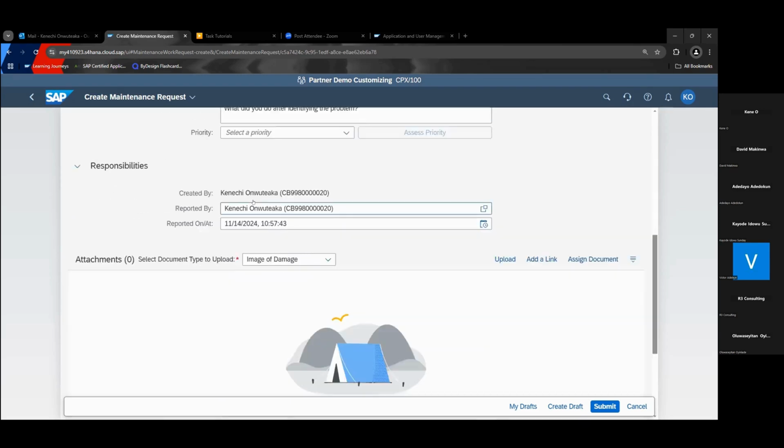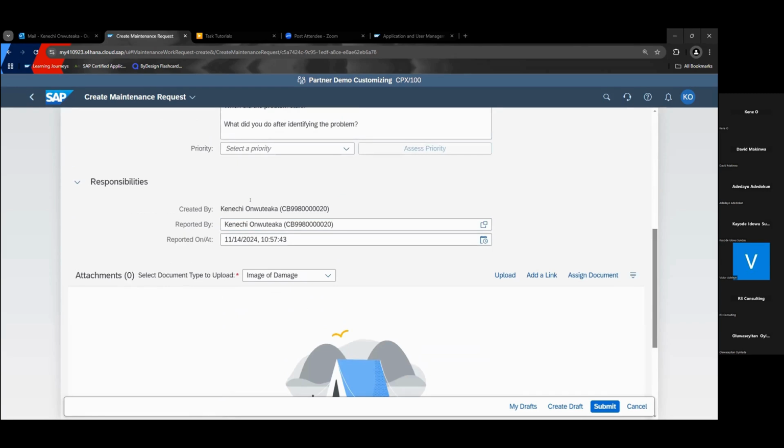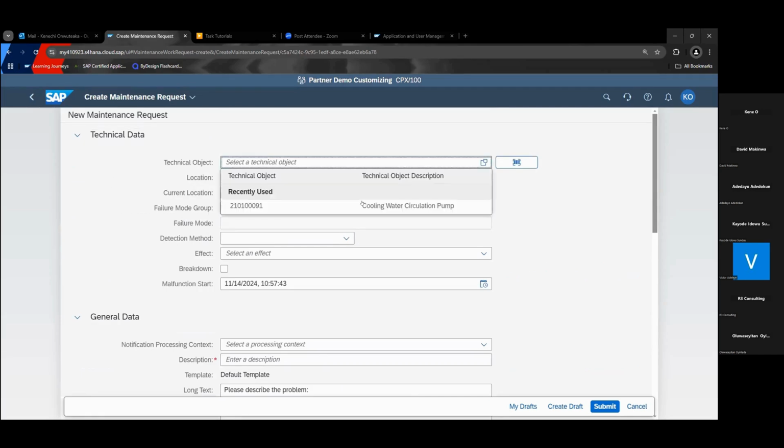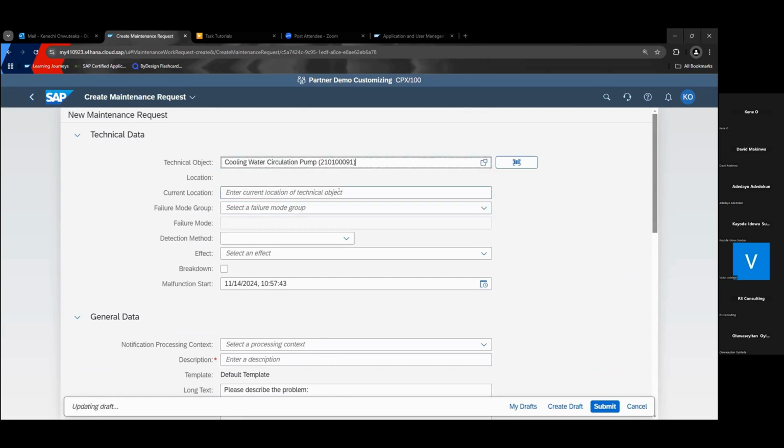Then we see the responsibilities. If we remember, my colleague David was talking about responsibility management. This is where all those setups that have been done can now be effected. So let's quickly pick a technical object. Let's use this circulation pump.